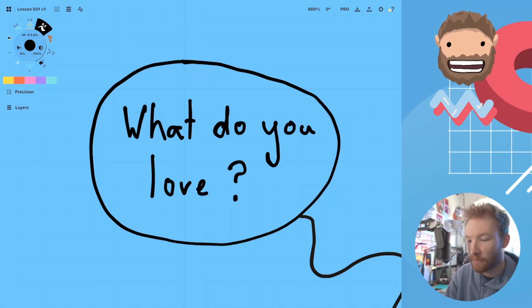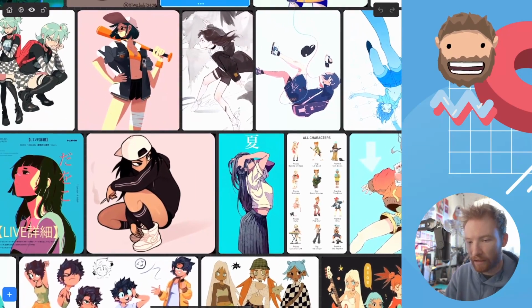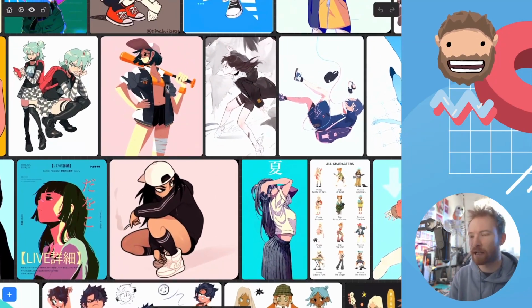Should we take a look at one of mine? So here's a visual of loads of character designs and costume designs that I love. Now, when you make these mood boards, it doesn't have to be for something as specific as this. It could be quite a generic mood board. It could be just all the things that either inspire you visually or musically. It could be a particular line or set of words. It could be colors. It could be films that you love. It doesn't matter what it is. It just goes into some form of mood board.